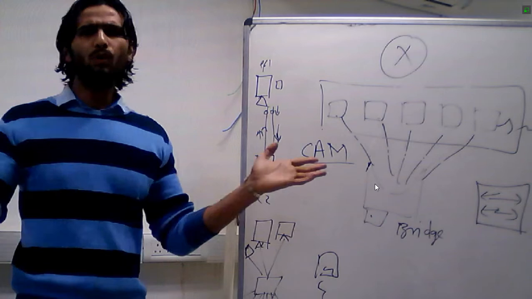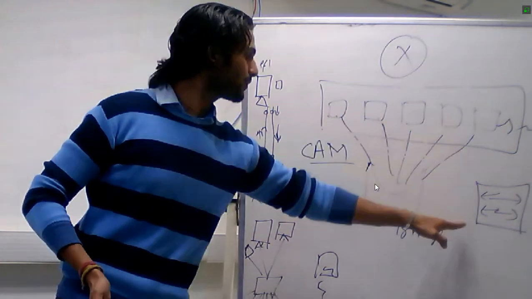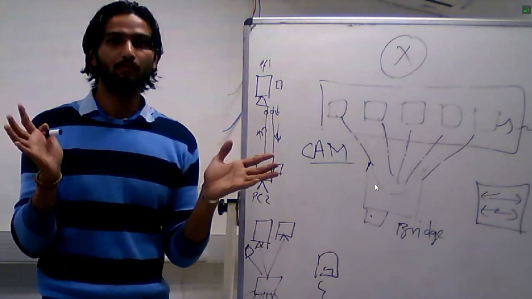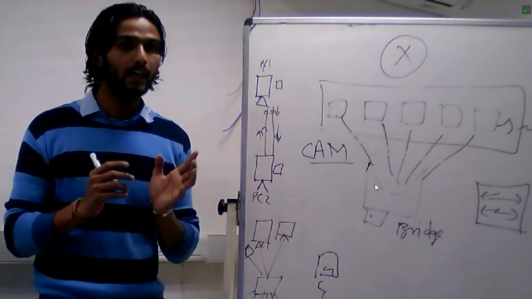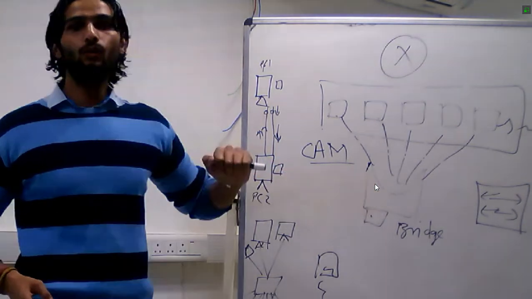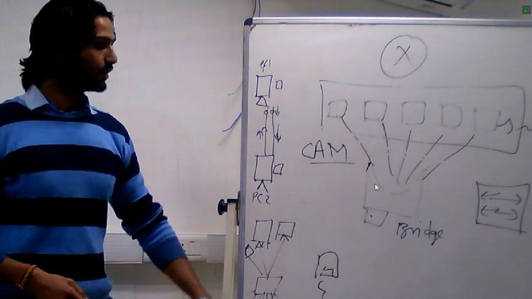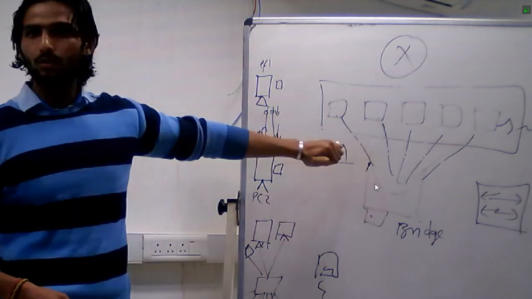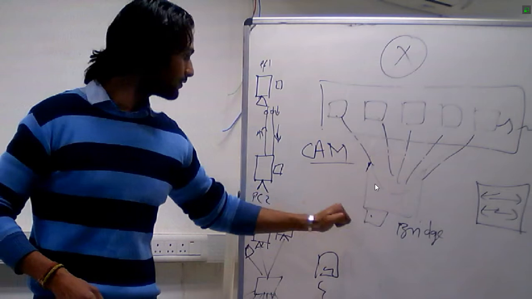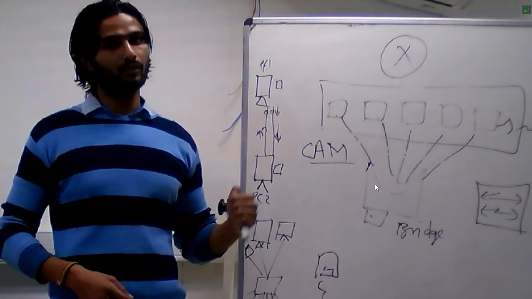And it can create more, separate collision domains. Like 48 hosts are connected, you imagine, and any request comes. The switch is much more intelligent. It knows to which host it has to send the data. So it will save your time also, and processing will be faster. So that's how a switch works. Now you can compare where is the switch and where is the hub.